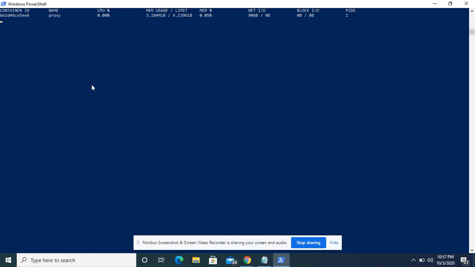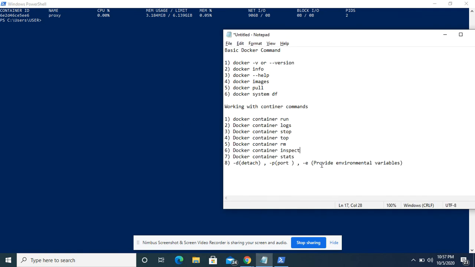Okay. One more thing I want to let you know: suppose we need to provide environment variables to any of my container images. We have the syntax hyphen e. During the run of my image, I can provide environment details also. Let's take an example.